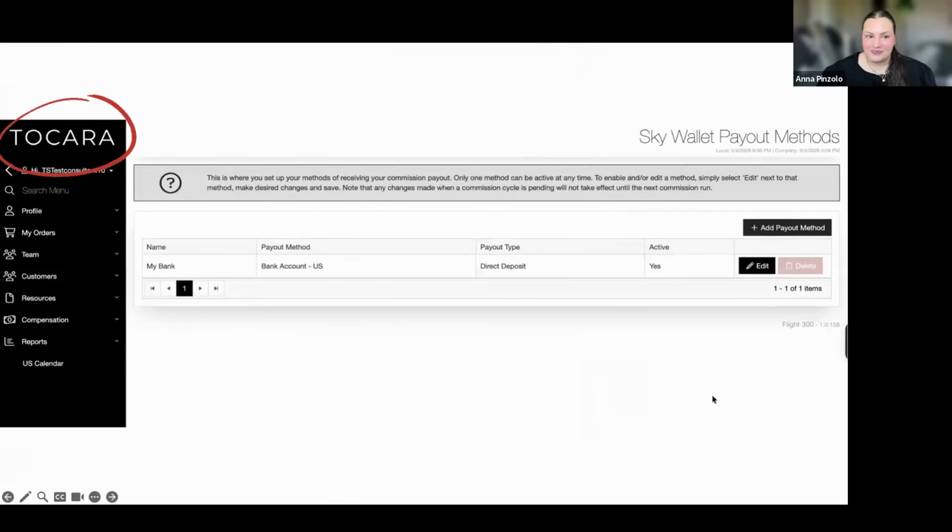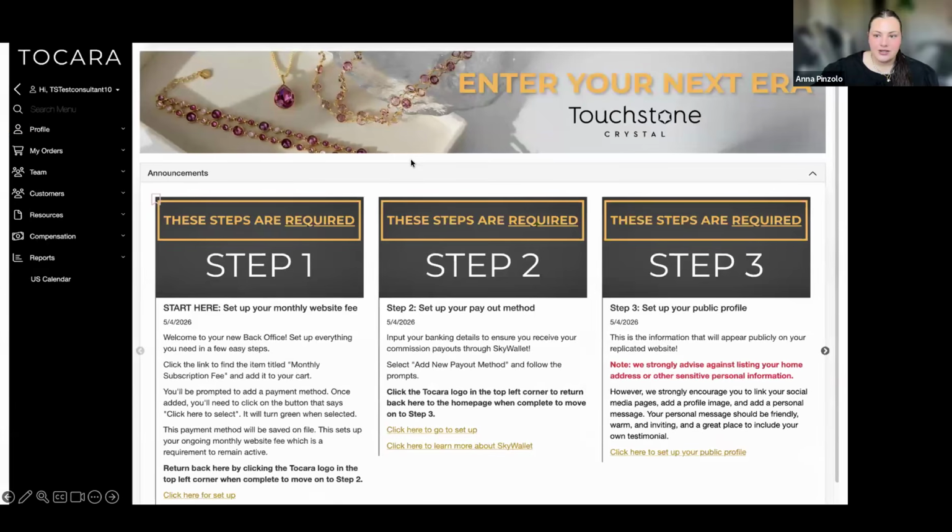So that's step 2. You'll click the logo on the top left corner once more to go back to the home page. And then we'll start step 3. Again, all of these details are listed here in case you forget, but with step 3, we're setting up our